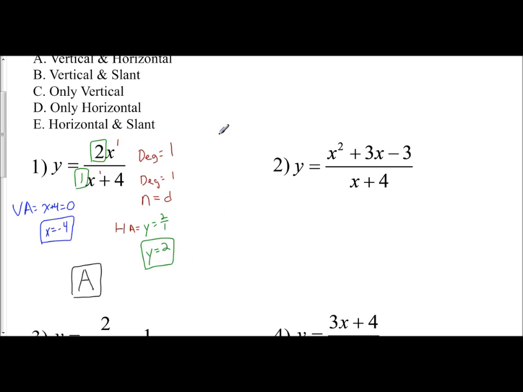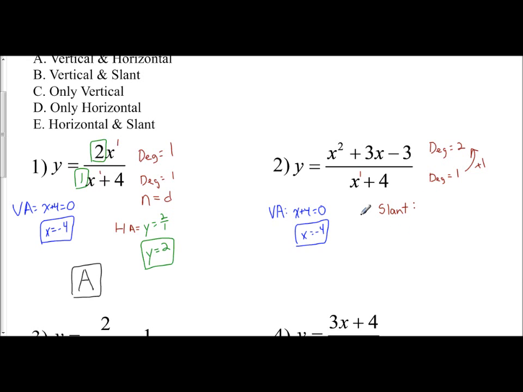Same idea. I will always find my vertical asymptote first. It is the easiest for us because it just takes the denominator x plus 4, set it equal to 0, x equals -4. So I do have a vertical asymptote. Next, I'm going to determine, does it have a horizontal or does it have a slant? And I'm going to look at the degrees. The degree in the top is 2. The degree in the bottom is 1. And so therefore, the degree in the numerator is 1 greater than the degree in the denominator. So I am going to have a slant